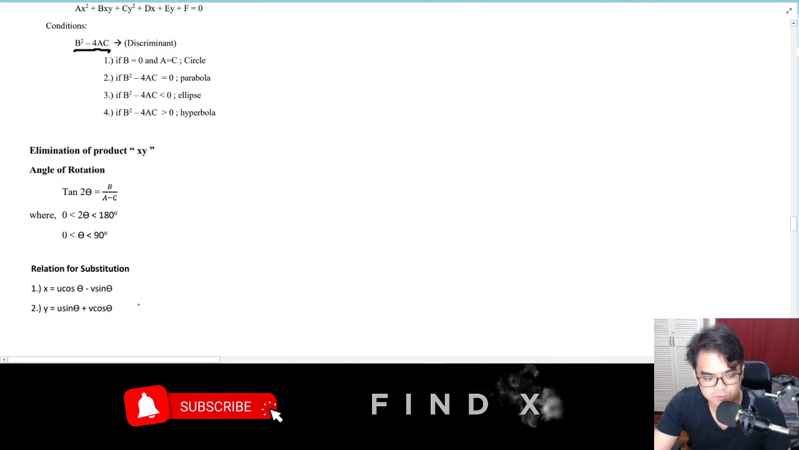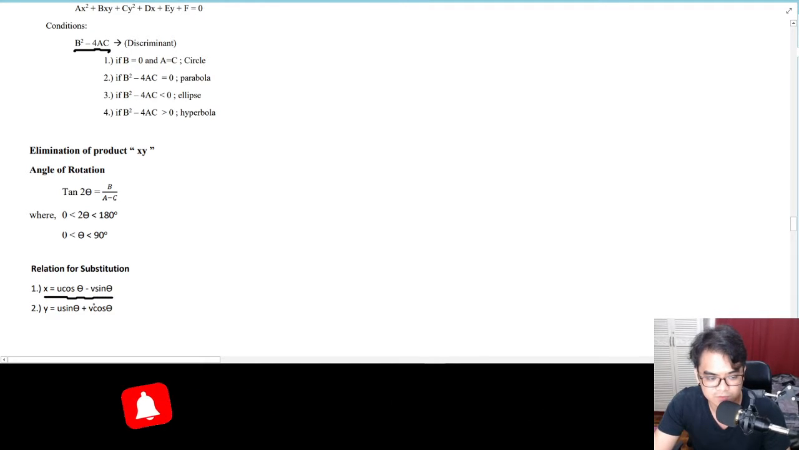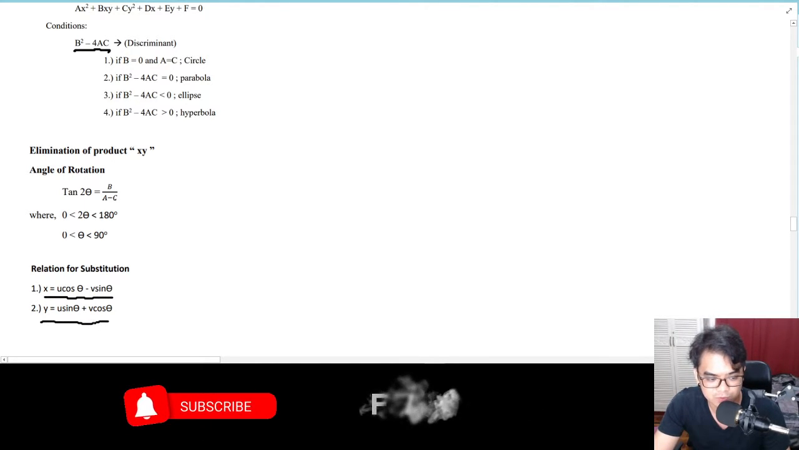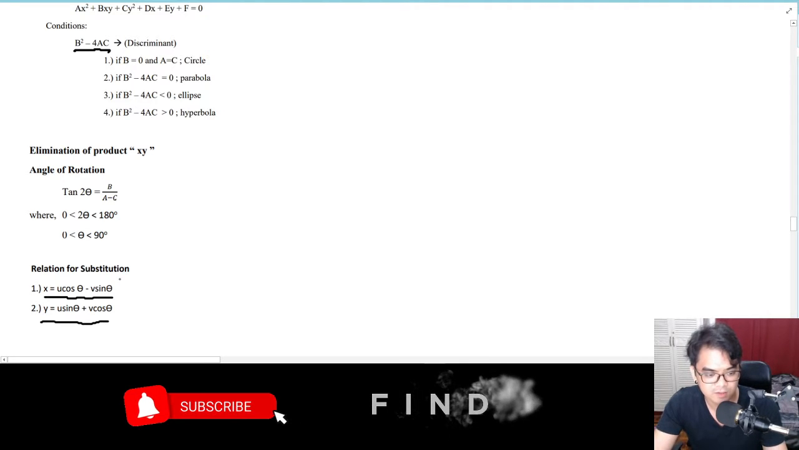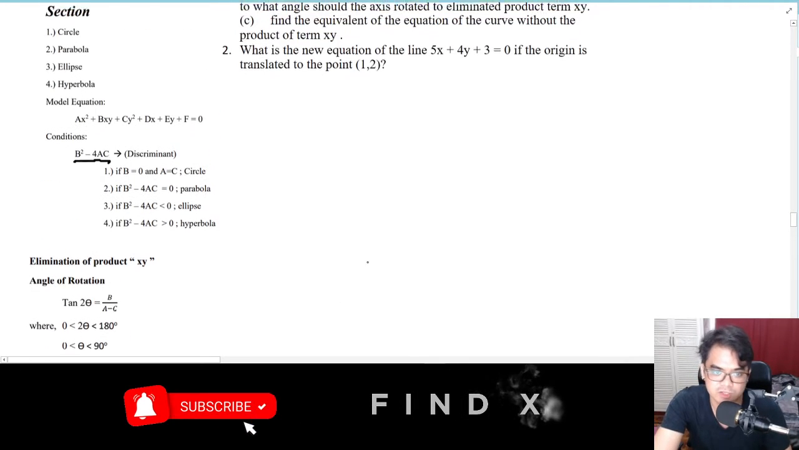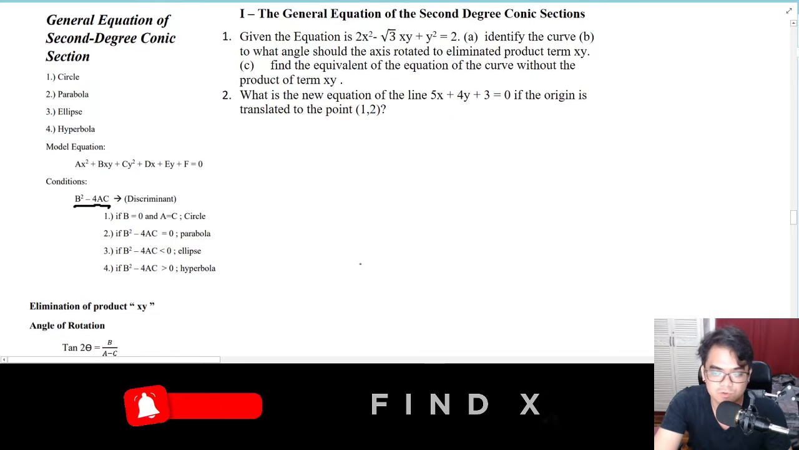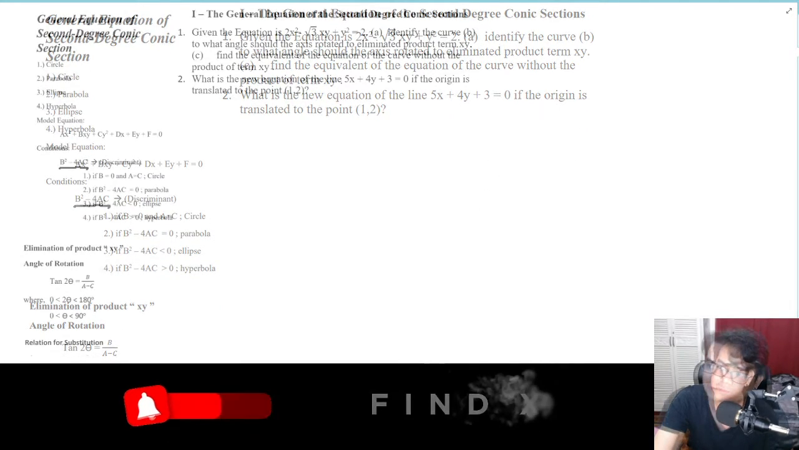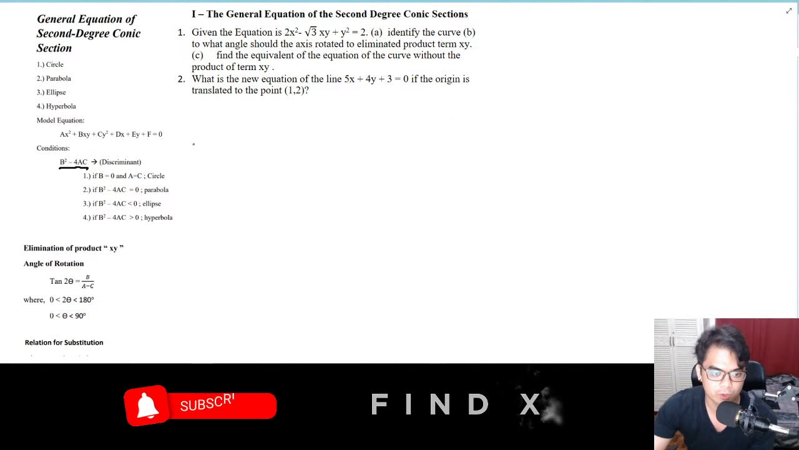So the relation for substitution is x equal to u cosine theta minus v sine theta, and y will be equal to u sine theta plus v cosine theta after the rotation. So let's try some problems. For number 1, we will have